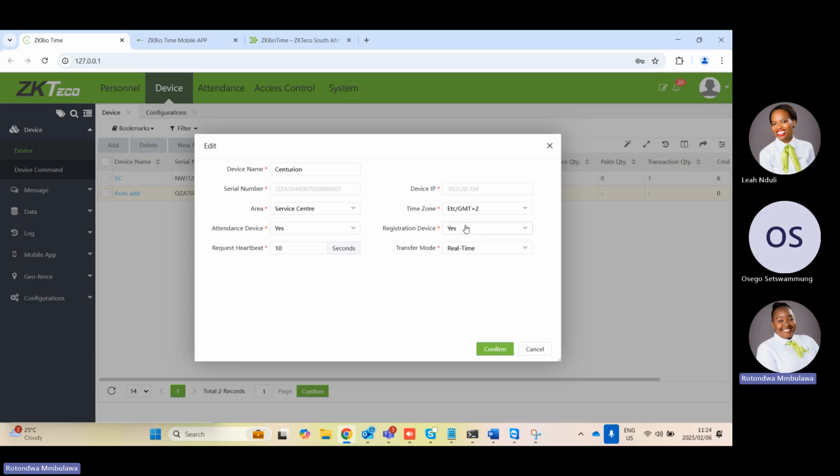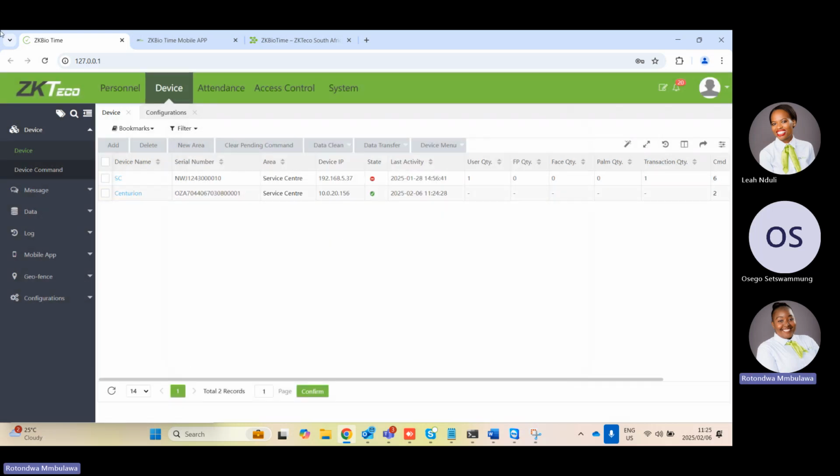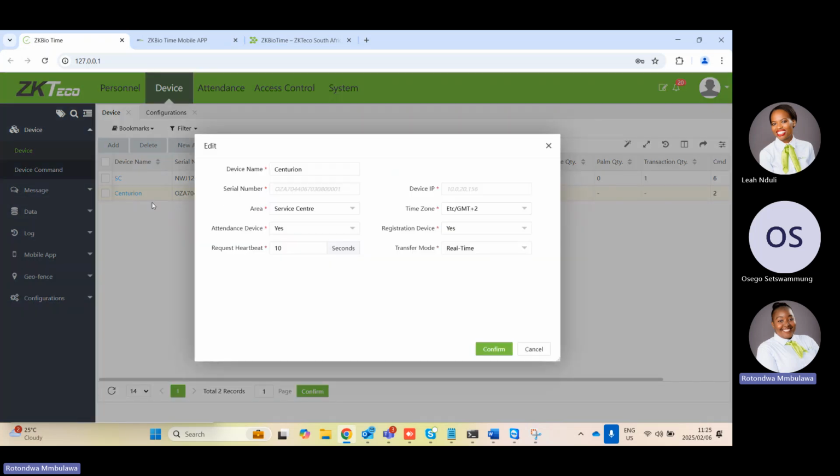Okay, then you have your request heartbeat. So this is how fast the information will be sent from the device to the software, or transferred from the device to the software. Then that's it. You click on confirm. So you will be able to see now that my device is online, right? So if you go back there on that device,